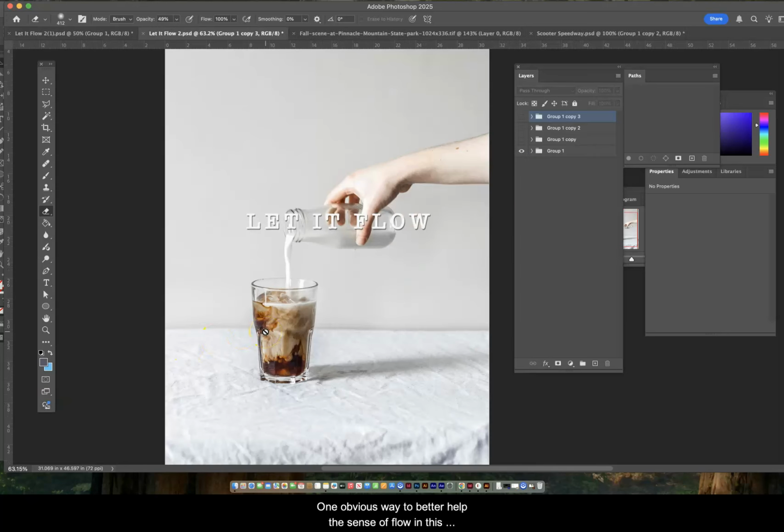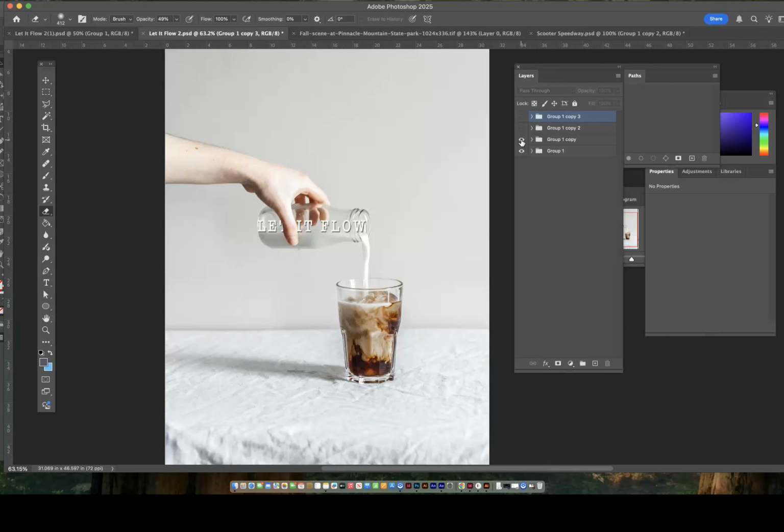One obvious way to better help the sense of flow in this composition would be to simply flip the image so that we have the image message working congruently with the way that we read the text elements. So I have a worked-ahead group of images that I'll just turn on. And you can see now that we have where the eye enters into the composition window from the left and